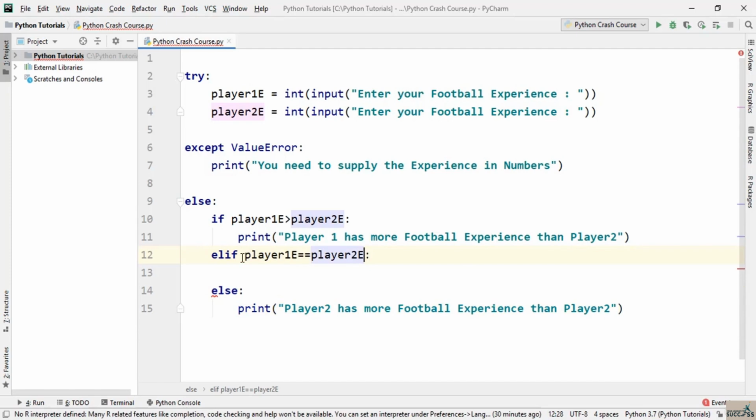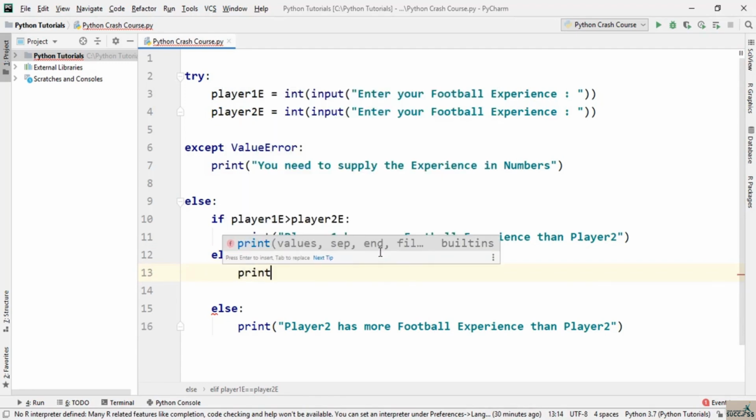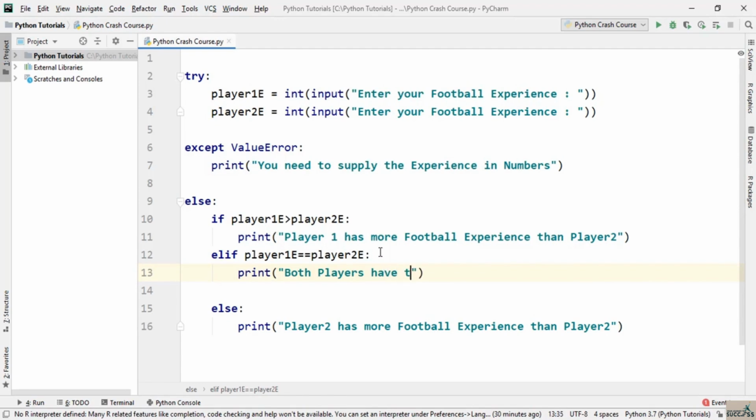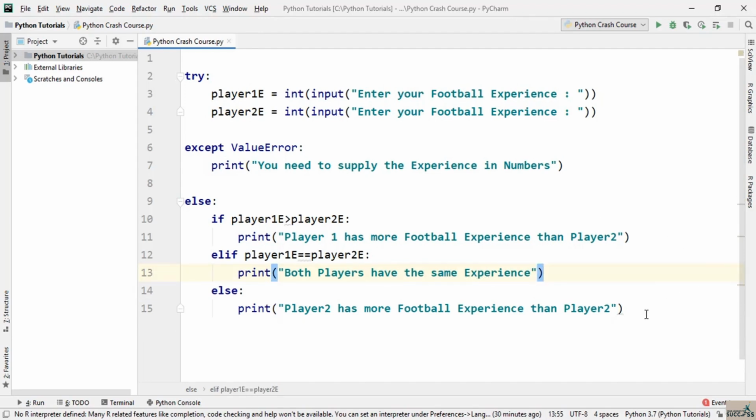I can't code well today. Alright, so in here we are checking if both have the same experience. Then we're gonna print out a message saying that both players have the same experience. So now we're gonna add this finally clause right here at the end,